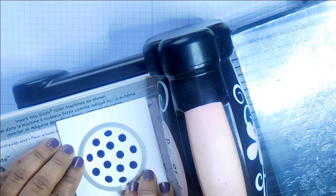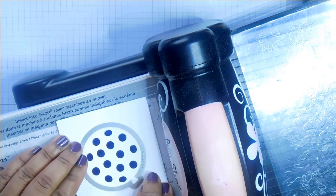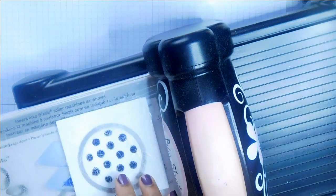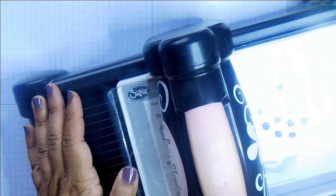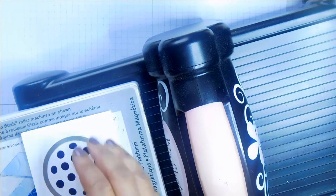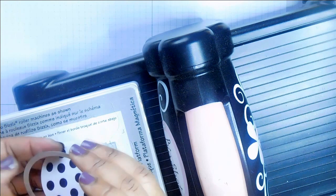I'm just centering up our design in the middle of the balloon. That will do. Just going to run that through. And back. And then I just need to take a Post-it note